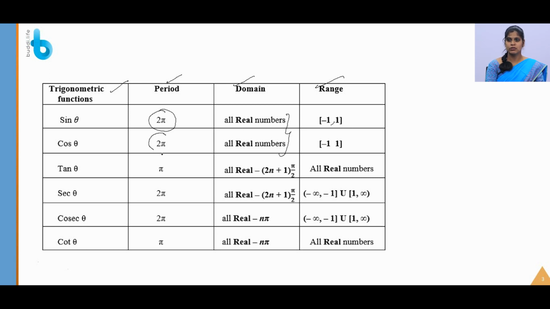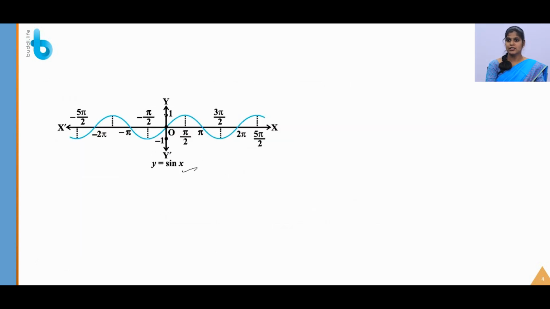What is this period? Period is just the point where the curve repeats. You have learned the curves for sine, cos and tan in the previous class, that is class 11 itself. So let me show an example. See, this is a sine curve. The curve starts at 0 and meets the x-axis at pi, and again it starts at pi and meets the x-axis at 2 pi. Again after this 2 pi, the curve repeats. It will go like this, that is here 3 pi and here it is 4 pi.